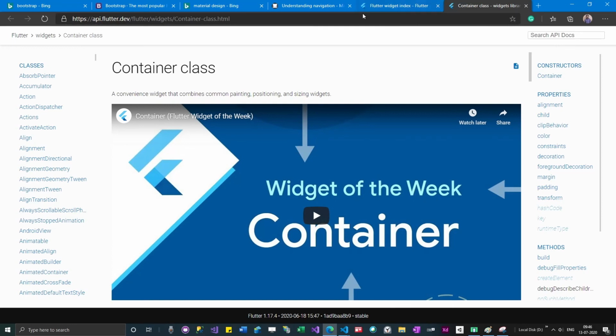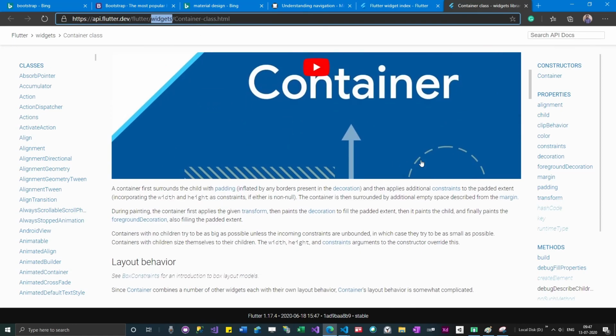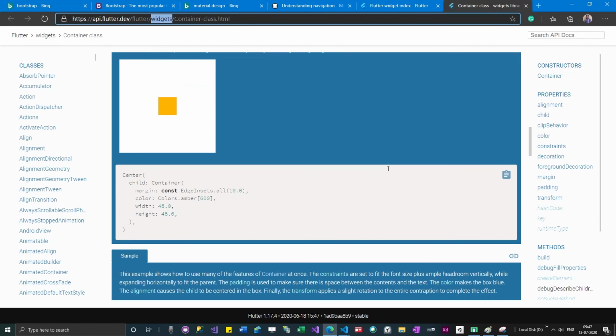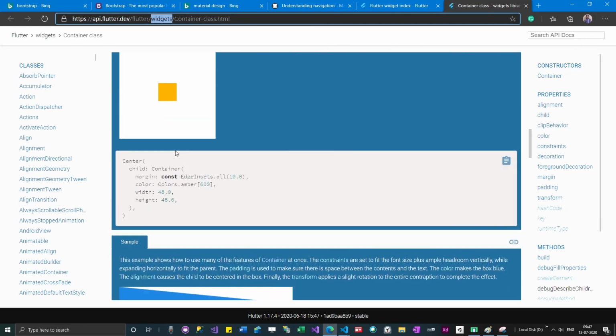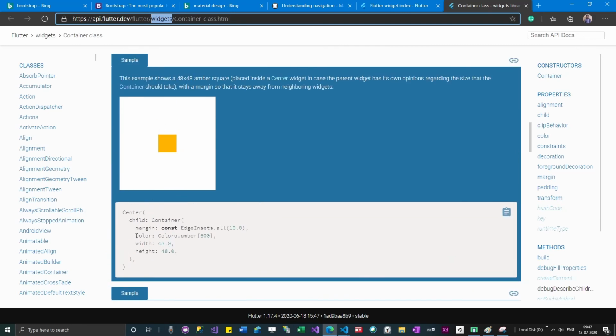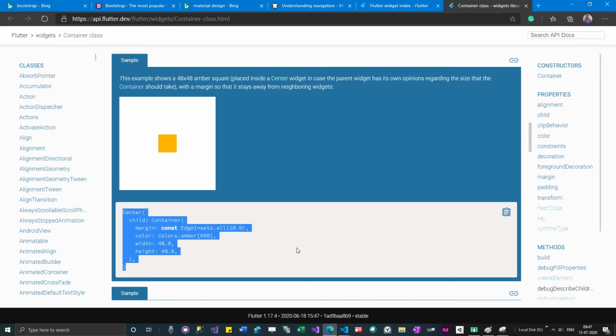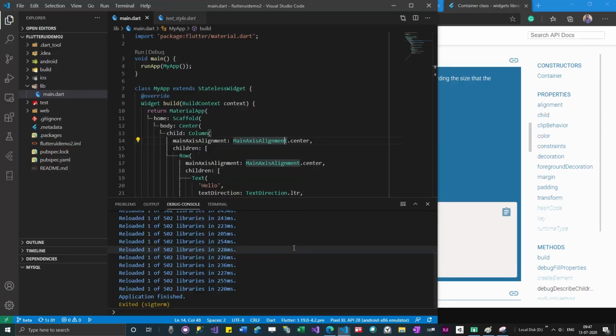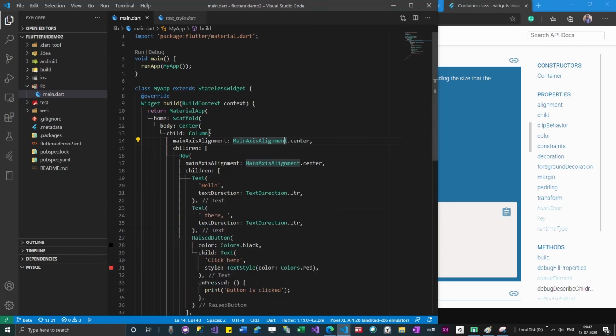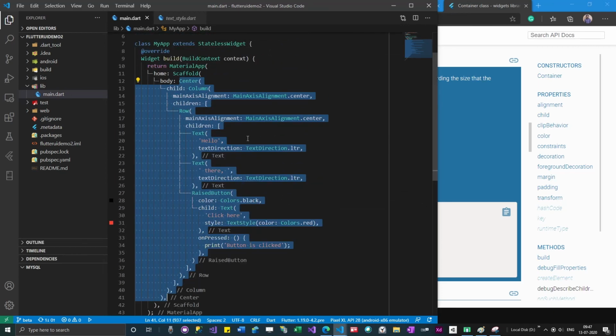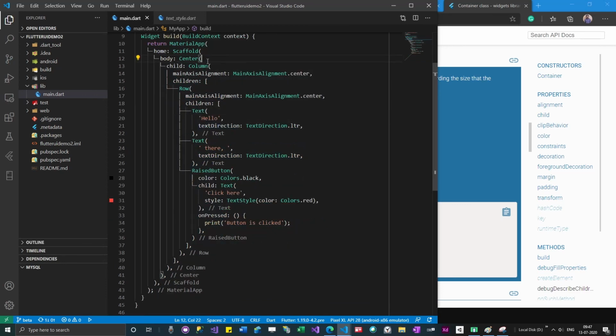So you can go through this documentation and look at the examples. If I want to try this example, I can simply copy this code, go to this program, and copy paste it here. I have to get the right starting and ending brackets. When I click here, a white line is highlighted. So you can see this is the center. I can just select it.